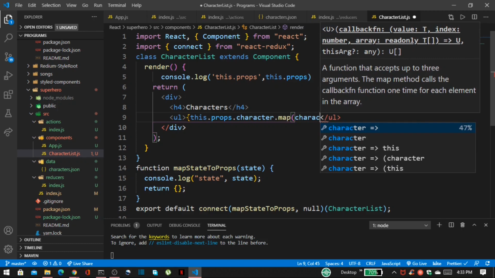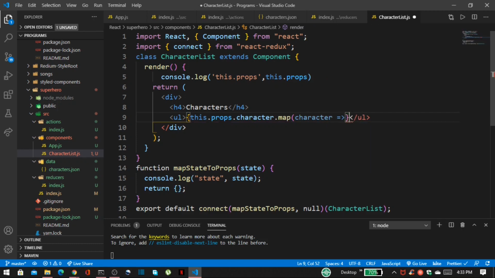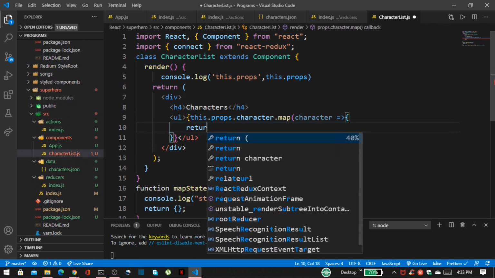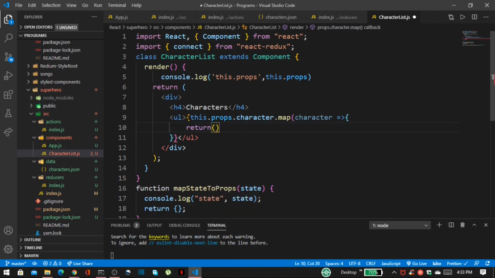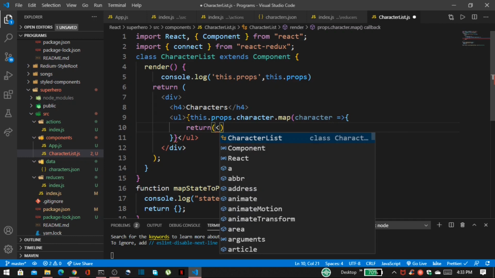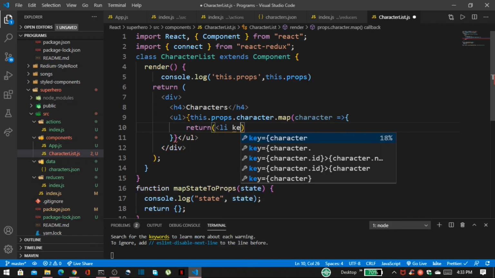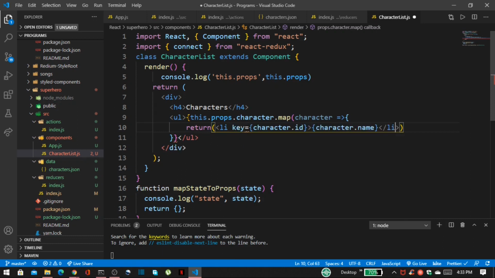Inside that I want to pass character, by returning this list item with our key, that is character.id, and we also want to print that name.